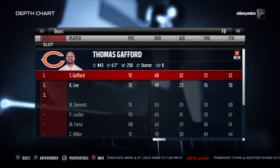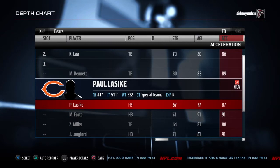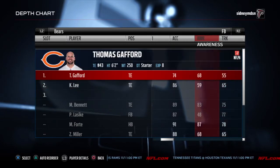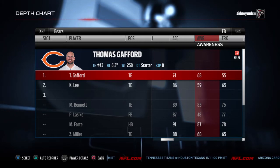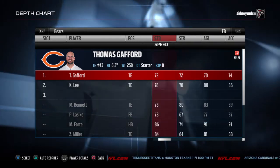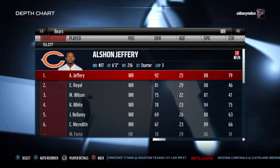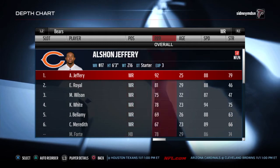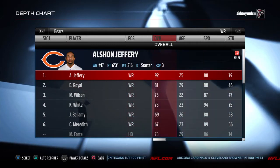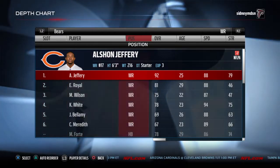Tight end because they have a fullback, but I look for one of the greatest attributes in Madden, which is awareness. A lot of people don't know this. A lot of older Madden heads know that awareness is very important. A lot of people come on here and they go, "Oh, speed, that's all that matters." It doesn't. And that's why Aston Jeffrey, who is 88 speed, or Jason Witten, who is like slow as dirt,